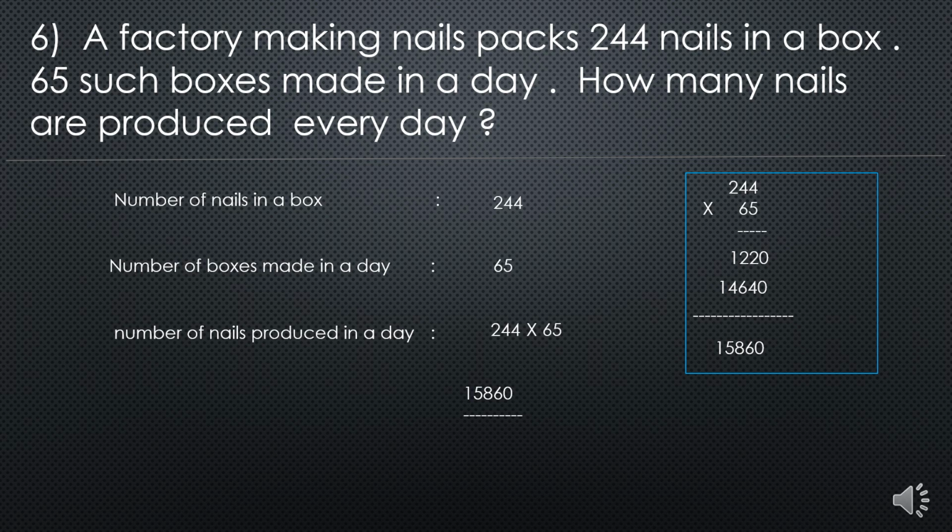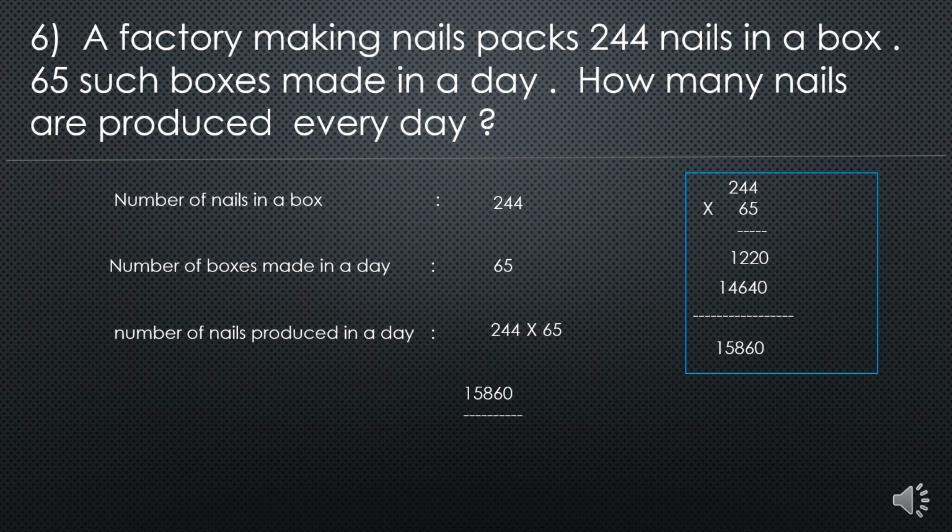Next step, we want to multiply 244 by 60. For that, at the rightmost place we can put a 0 now. Next we can multiply 244 by 6. 6 4s are 24. We write 4 only there, carry 2 we write on top of the next number. Next 6 4s are 24 plus that carry number 2, 26. We write 6 and again carry 2 we will write on top of the hundreds place digit. Next we want to multiply 2 by 6. 2 6s are 12 plus that carry 2 gives 14.